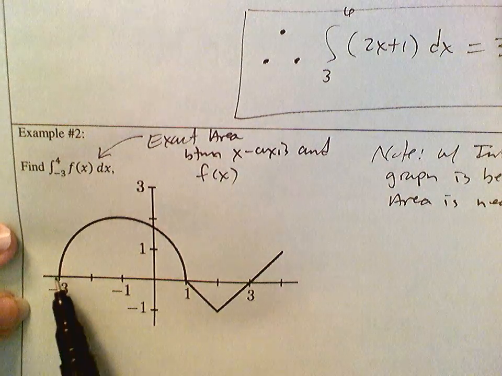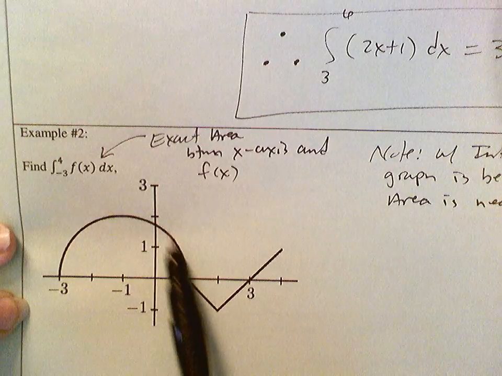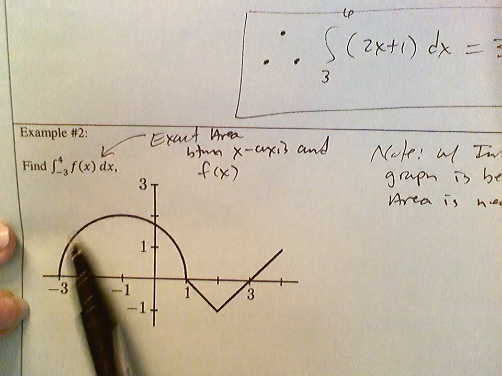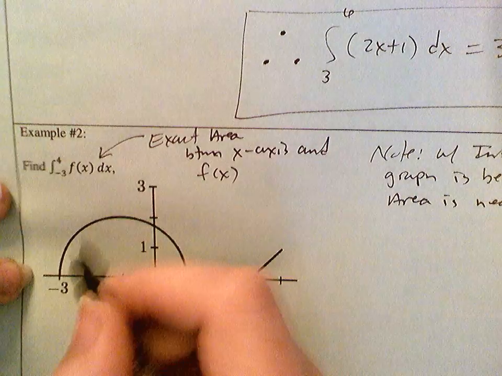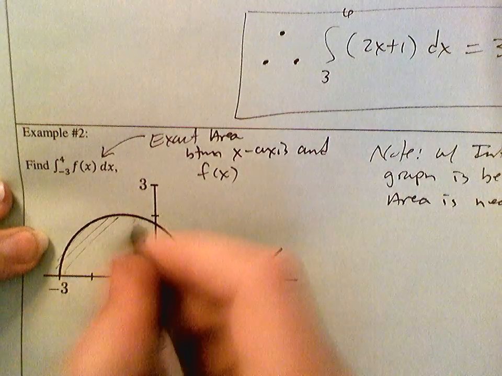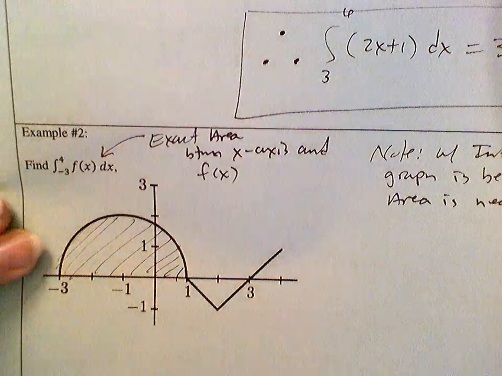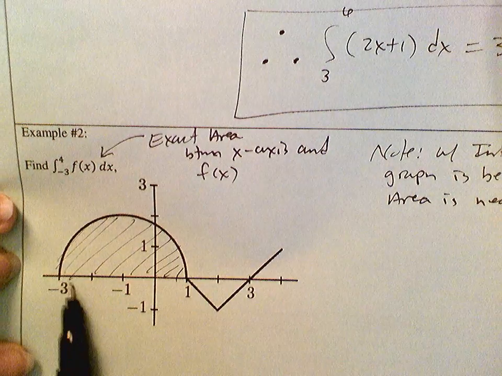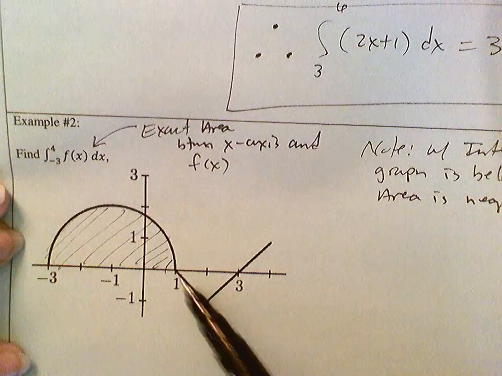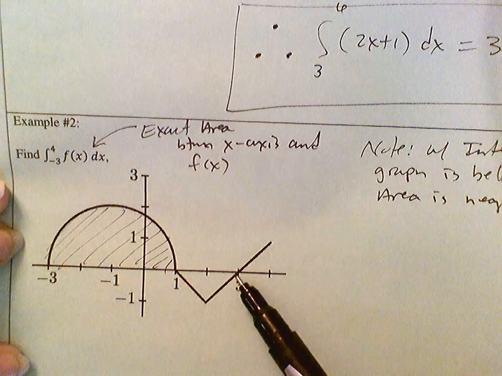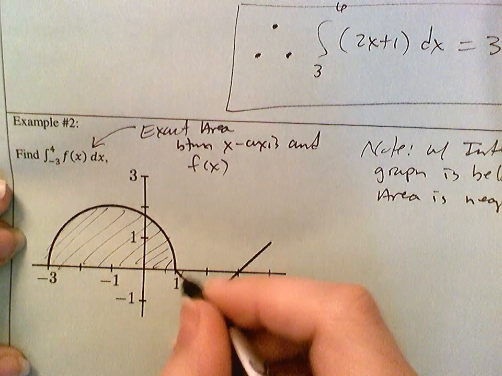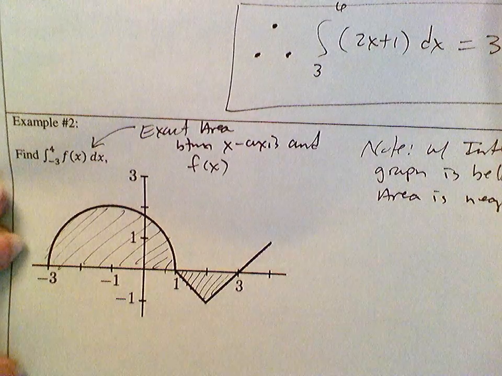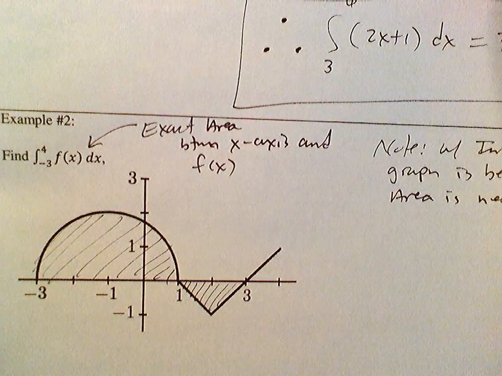So here I've got a semicircle. The region formed by the semicircle and the x-axis would be this shaded area here. Okay? And then the graph goes below the x-axis. So here's F, here's the x-axis, so the region between the graph and the x-axis there is